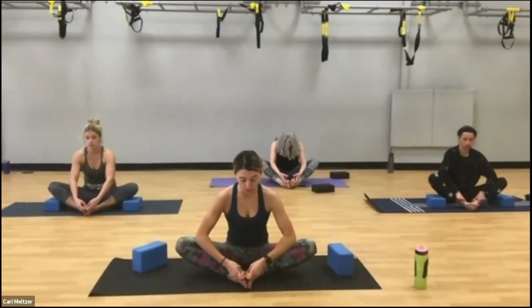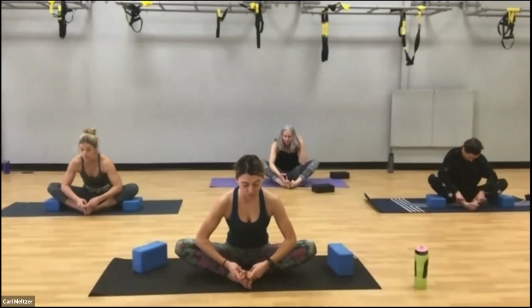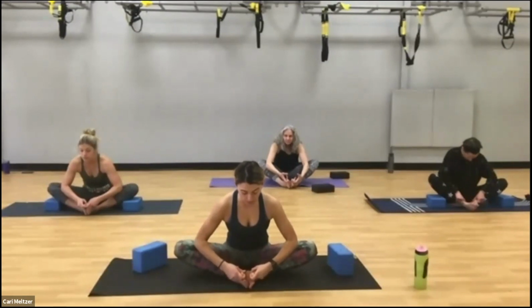And see if you can start to fold from the hips. See if you can keep a flat spine just for a few rounds of breath here, so you might not come down as far as you're used to. Really holding from the hips, letting the elbows come out to the sides. And then once you feel you've extended down as far as you can with that flat spine, you can start